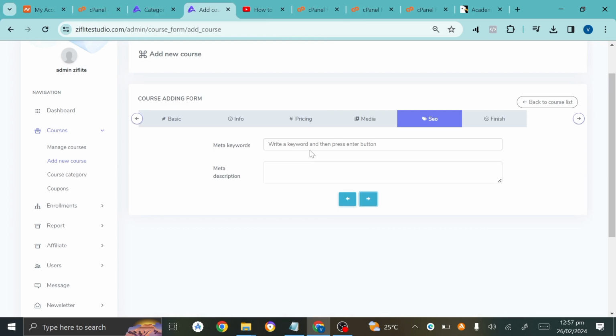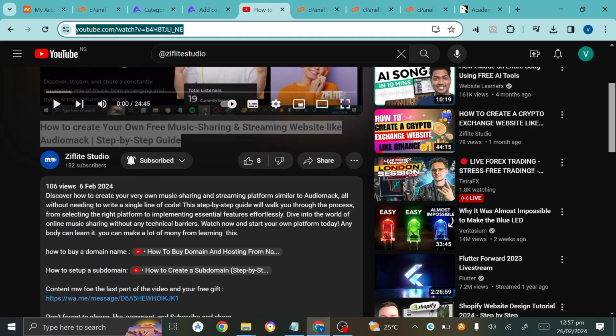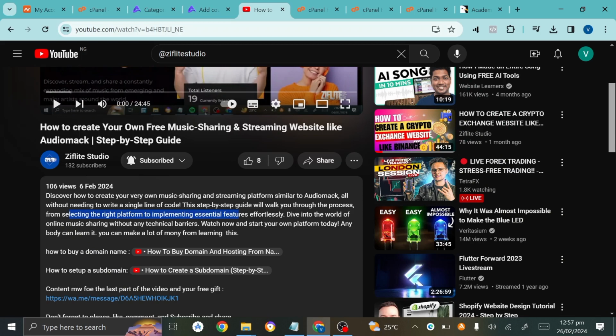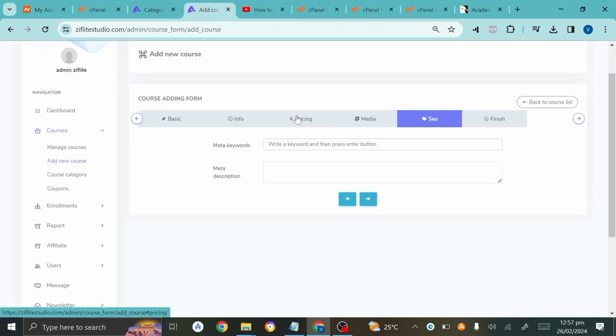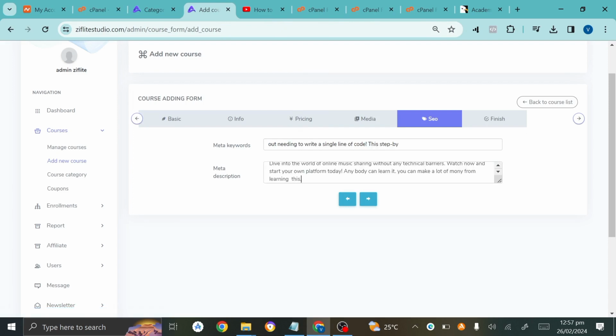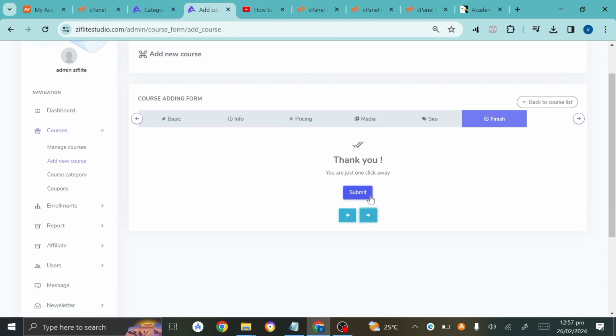You want to put in your meta key, which is for SEO, and your meta description. So go ahead and do that. I'm just going to be putting random text. Click on next. I click on submit. Now, once you click on submit, it takes you to the course proper where you'll be able to